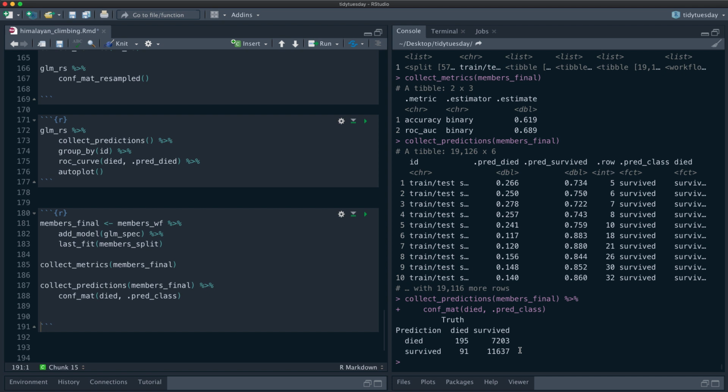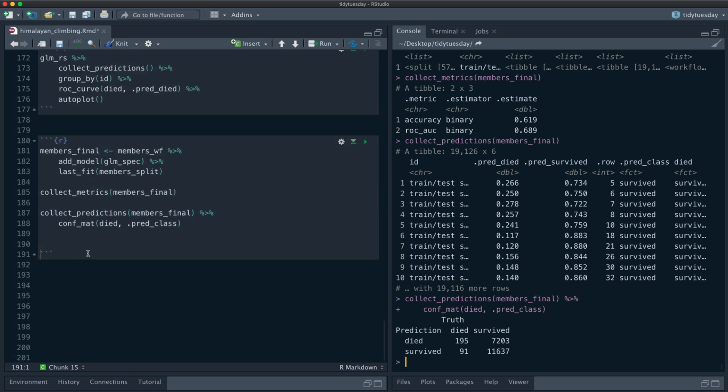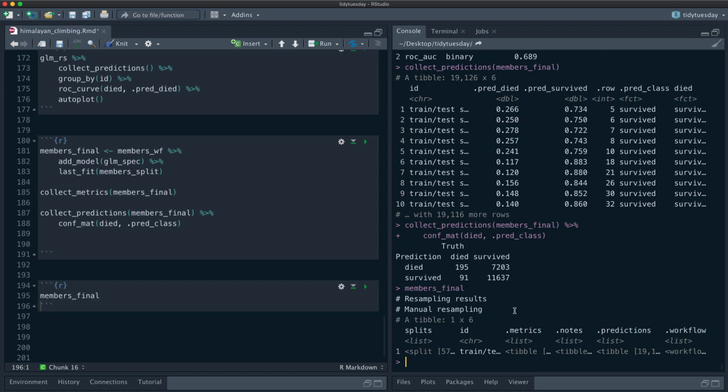Whenever you evaluate on testing data, you do that as if it's real life in terms of what the sampling is. All right, and so this members final object, if you were like, okay, I did it, I need to save this object to use in the future when I have new data, you could save that whole members final object as an RDS or something like that, or you could pull